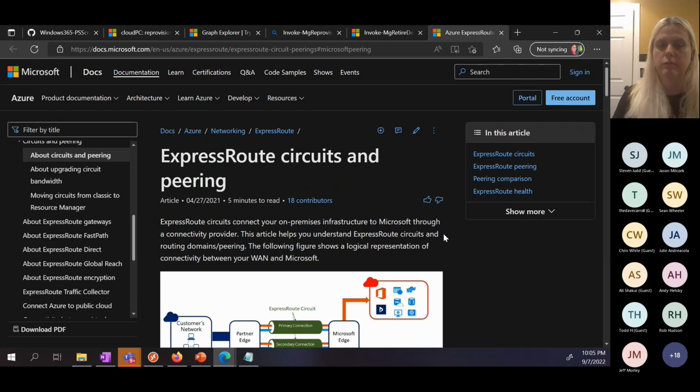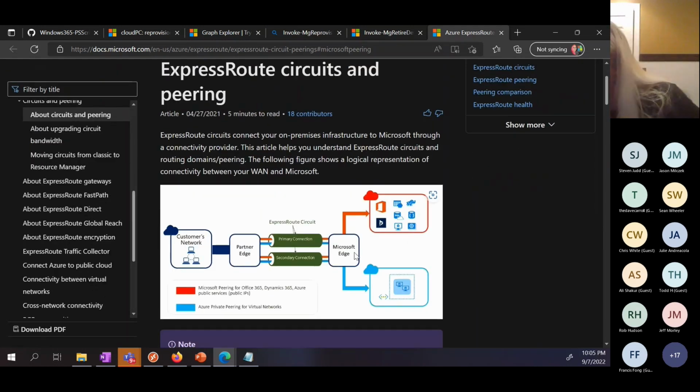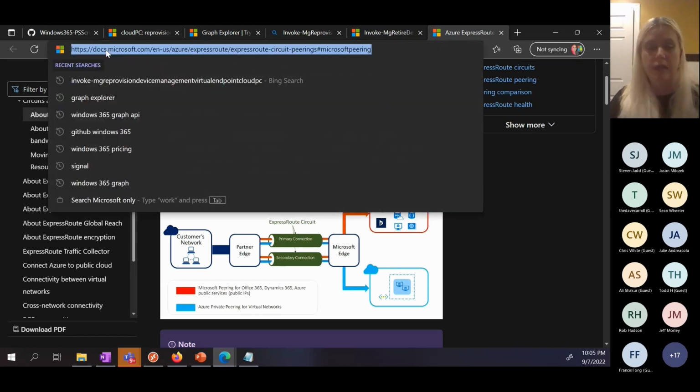Yeah, there you go. All right, so Dynamics and the other pieces of traffic. So that's something we'll have to ask the team. I've not heard that even mentioned, and I've been in plenty of internal calls about networking. So that's a good question. I'm going to do my own due diligence on that one because I was unaware that that was actually a thing.